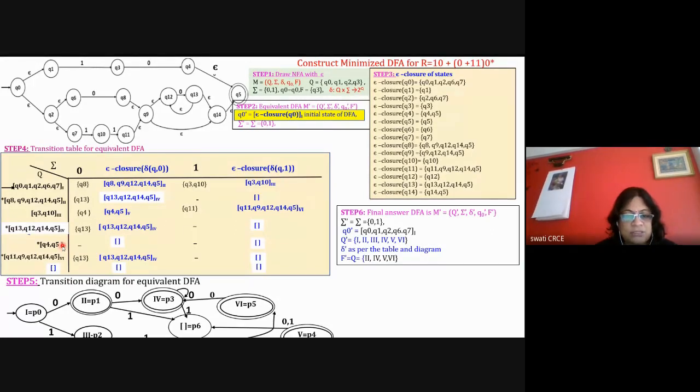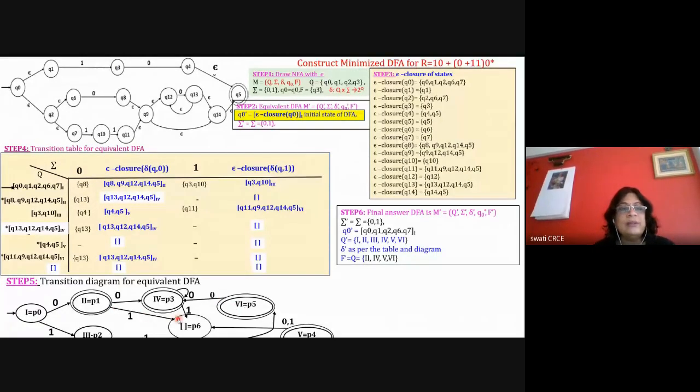Now this is my 7th state. Now the question is to minimize the DFA. Here there are so many states, and I can minimize it. So I have to use a minimization technique, the square optimization. For minimization, I'm numbering the states as P0, P1, P2, P3. You can even number them again as Q0, Q1, Q2, but to avoid confusion, I'm renaming them as P0, P1, P2, P3, and so on.